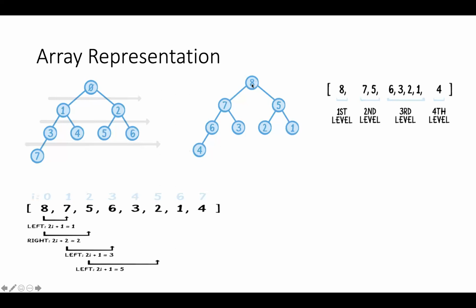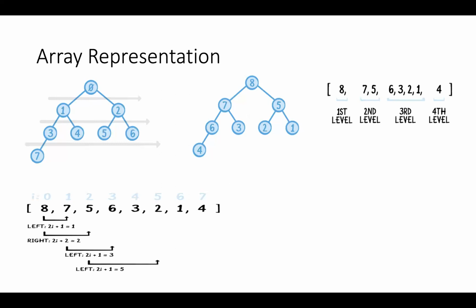The number of elements in this array is 1, 2, 3, 4, 5, 6, 7 and 8. If we divide it by 2, 8 divided by 2 is 4. So if you see 0, 1, 2, 3,